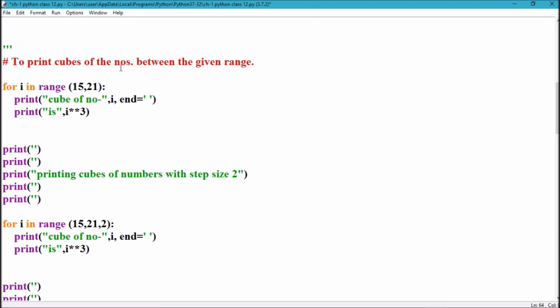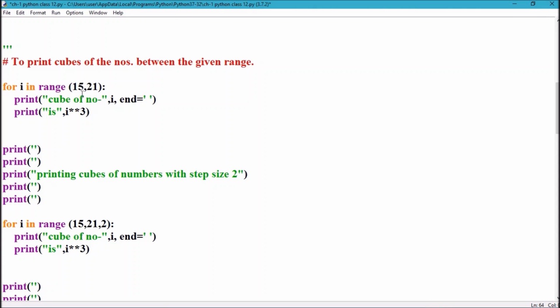So print numbers from a given range means you need to do a certain type of task again and again. For that we need a for loop. In this program you will come to know how the for loop works. In the for loop, i is the variable which will keep on changing from 15 to 20. Mind it, every time the boundary value at the right corner will be excluded, meaning it will work up to 20 only, it will not include 21.